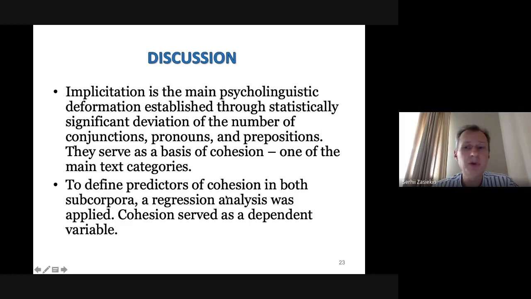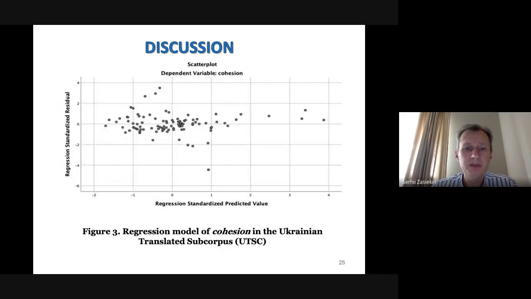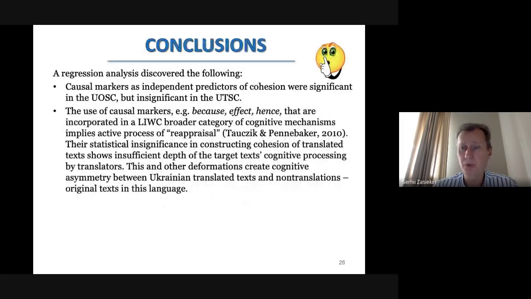To define predictors of cohesion in both subcorpora, a regression analysis was applied, and cohesion here served as a dependent variable. So these are models of cohesion of the original Ukrainian subcorpus, and figure 3 demonstrates the regression model of cohesion in the Ukrainian translated subcorpus. So this analysis discovered the following. Causal markers as independent predictors of cohesion were significant in the Ukrainian original subcorpus, but insignificant in the